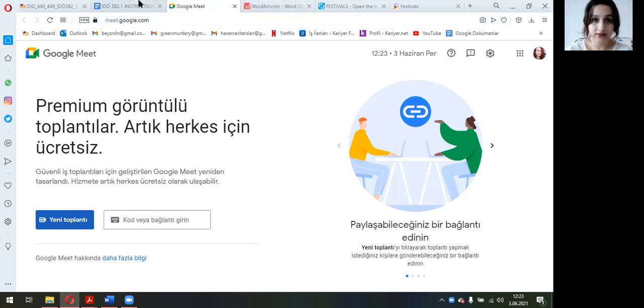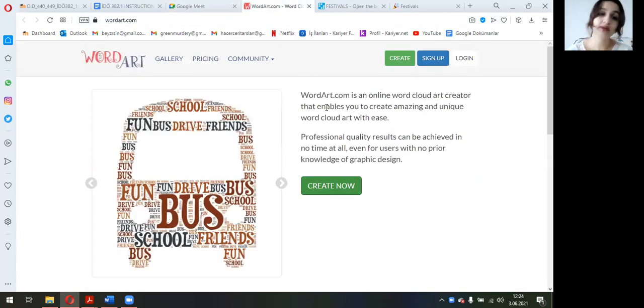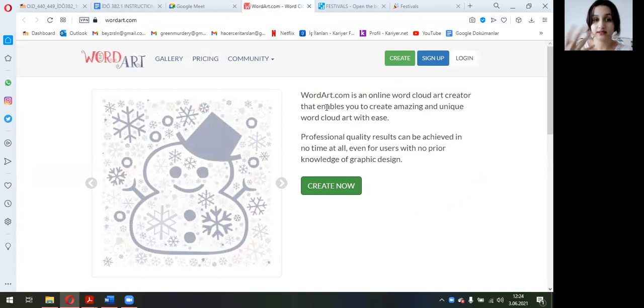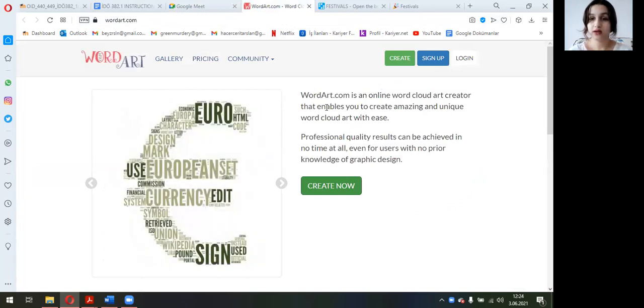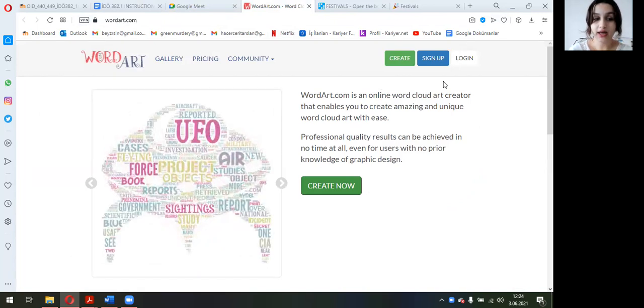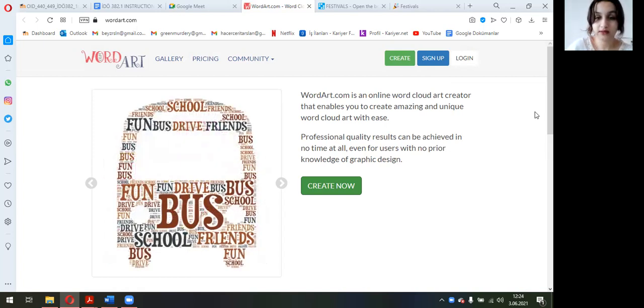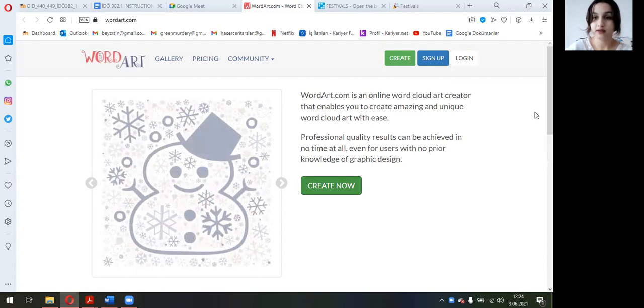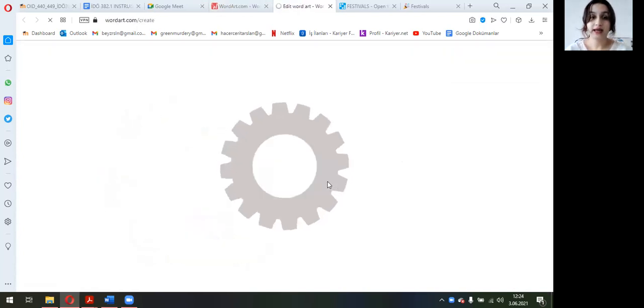Then I will show some pictures for students to warm them up for the lesson, and then I will go on with wordart.com. Here is a website that you can use to create an online word cloud that enables you to create amazing and unique word cloud art. And I use this because I want my students to activate their schemata about the topic, and the topic is a festival. So I click here, then